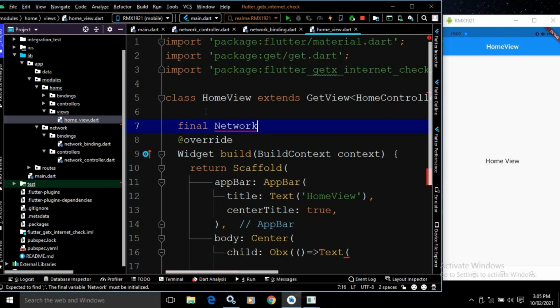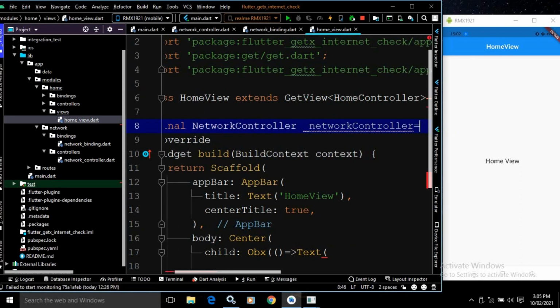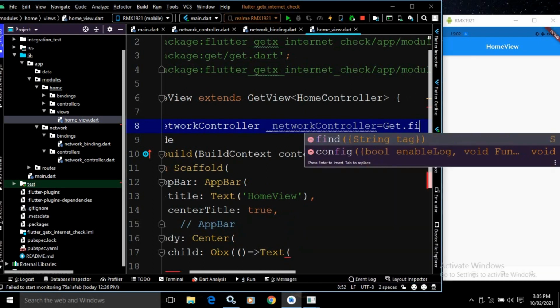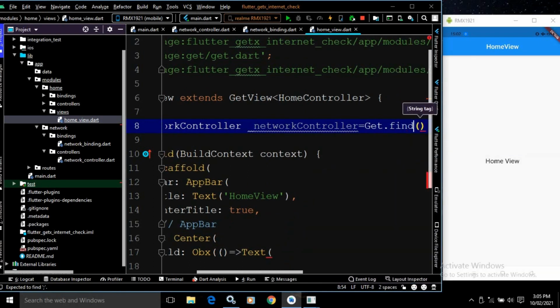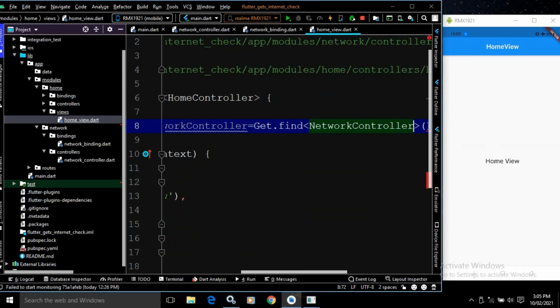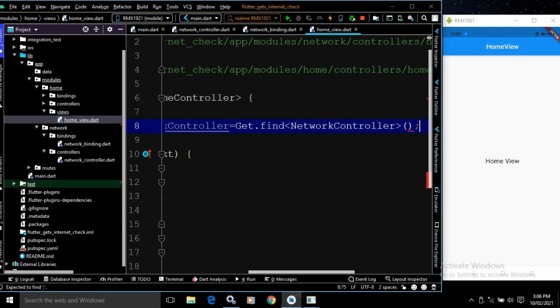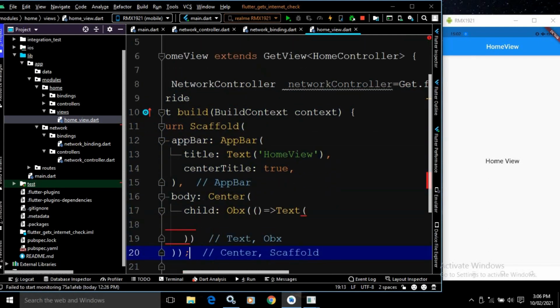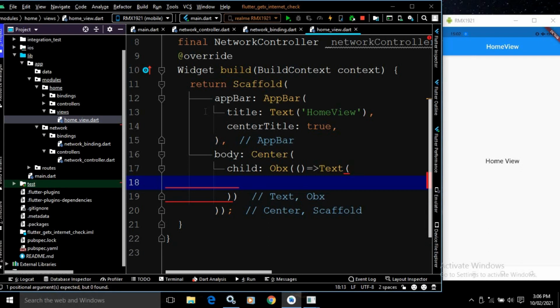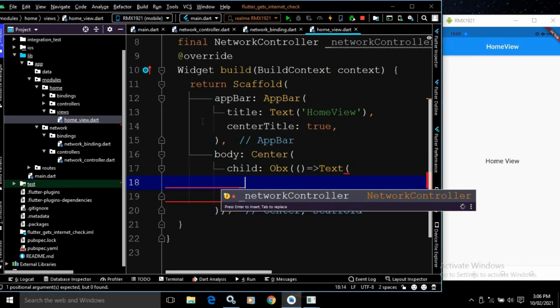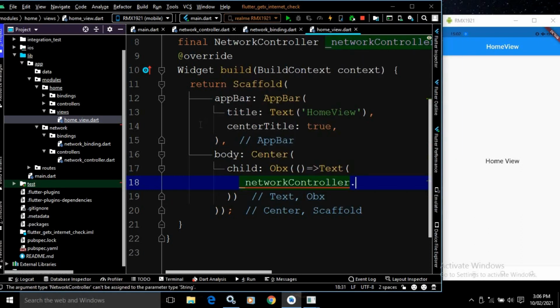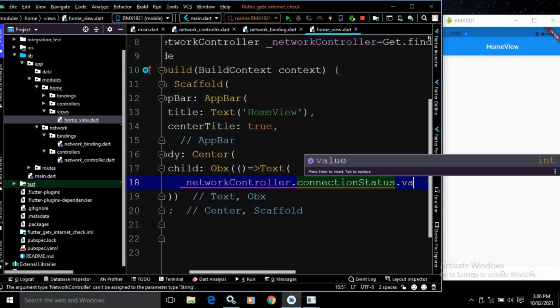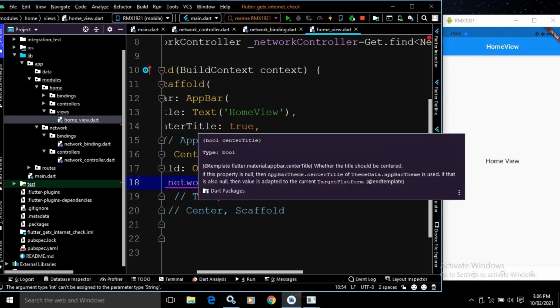Network controller equals to get.find. After that here I will use network controller. Good. Now here inside the text widget I will write network controller dot connection status dot value. Here I will check what is the value of the connection status.